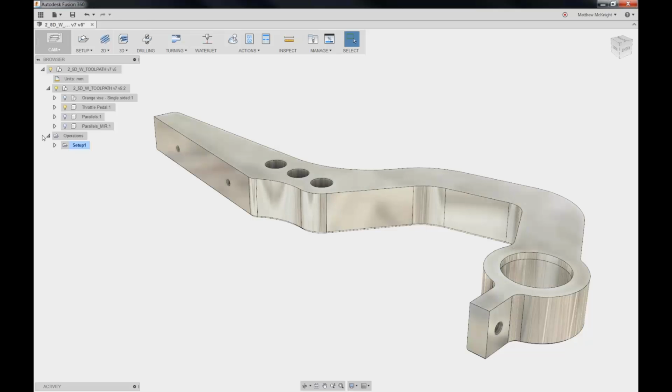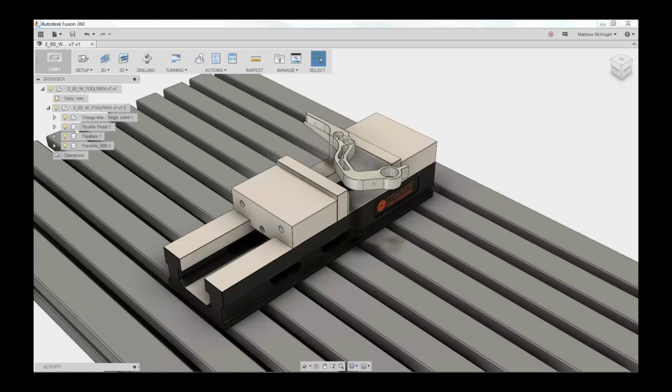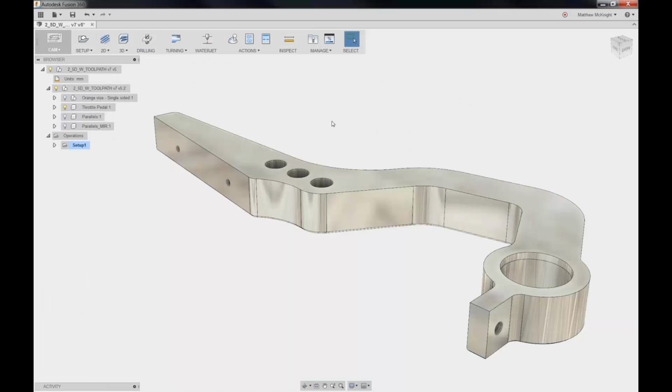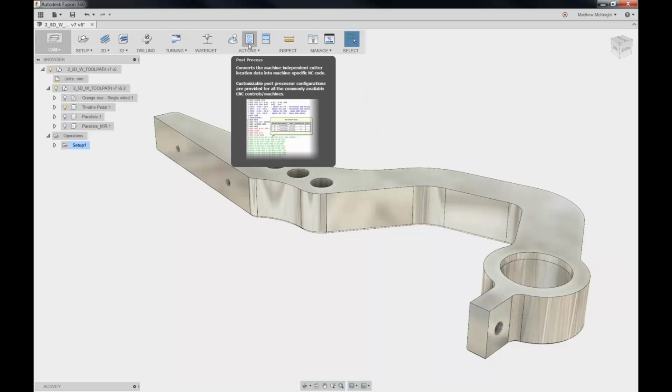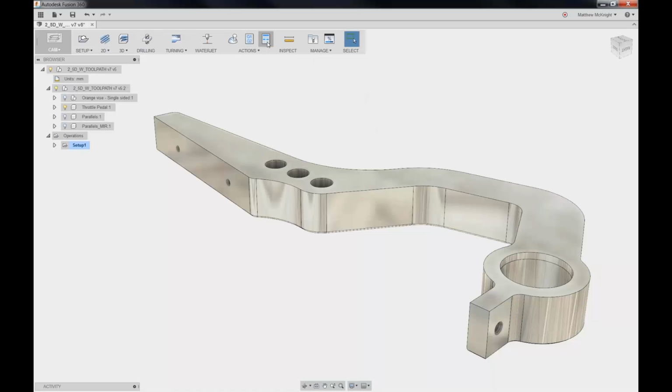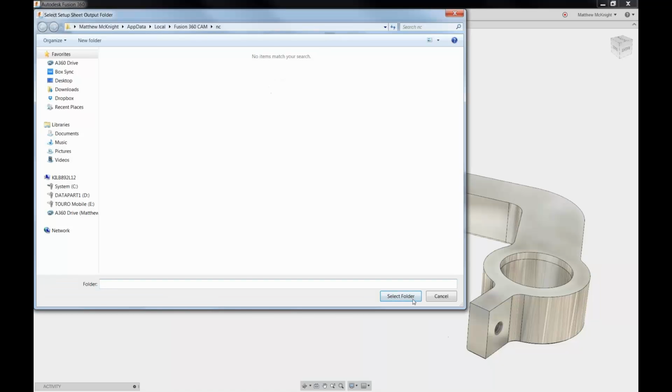Okay, so let's go back to our presentation and have a look at some of the other functionality that's available to, oh actually before I get out, there's two important things. So we've looked at simulating our toolpaths. The other thing is we can post-process our toolpaths and we can generate a setup sheet. So let's quickly generate the setup sheet. I'm going to choose the folder I want it to go into,